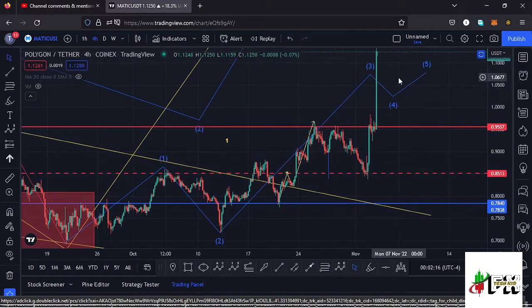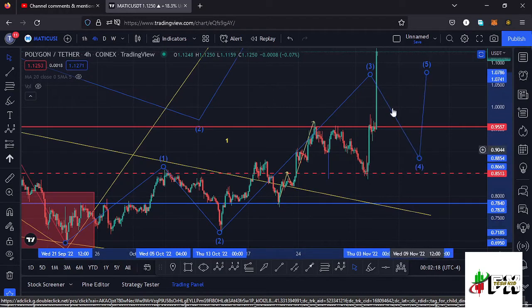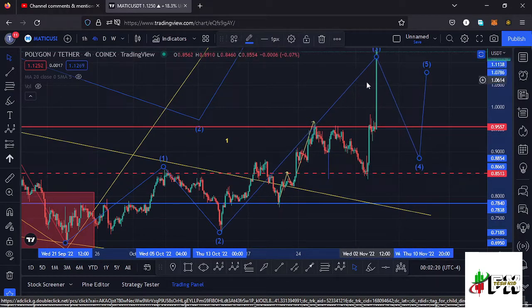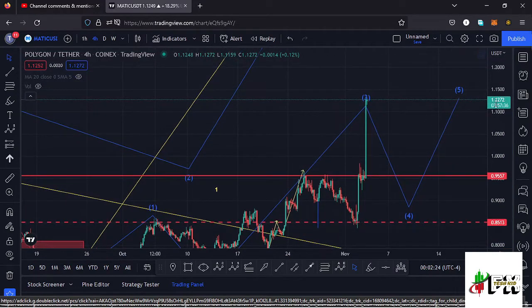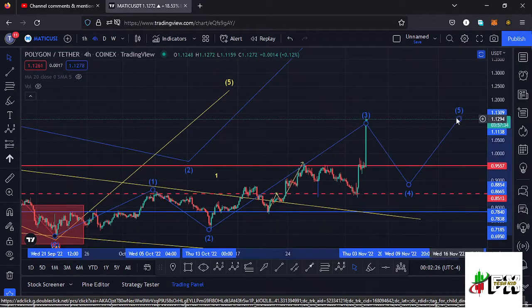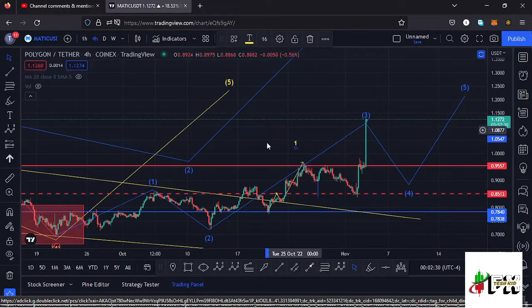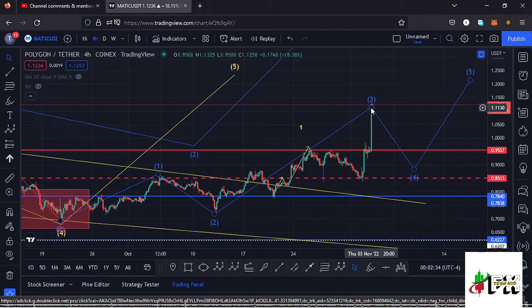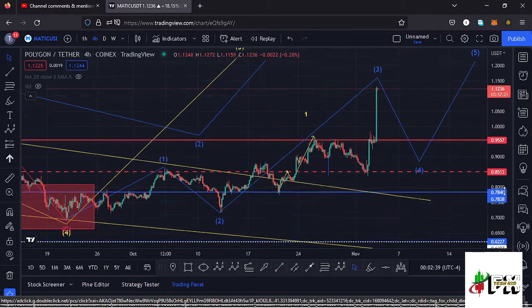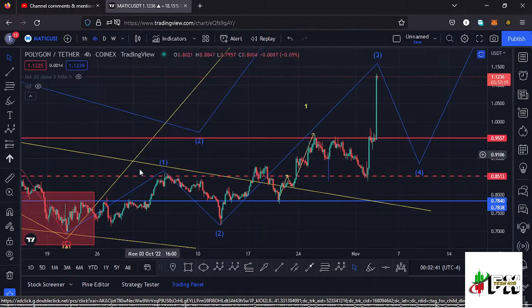And getting a little bit into the details of the formation of this Elliott wave structure that we have right here. Once we see the formation of this Elliott wave structure come to an end in the formation of a wave 5, then we can name it as a higher Elliott wave count 1, which is a fractal wave within that first wave to the upper side. After seeing the high of this first wave over here, we saw a very nice retracement in the formation of a second wave, and